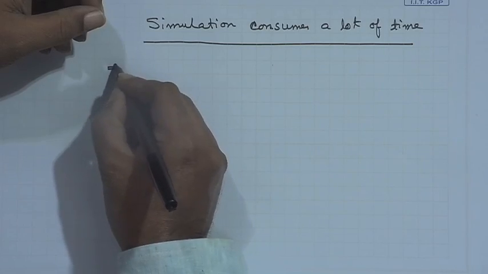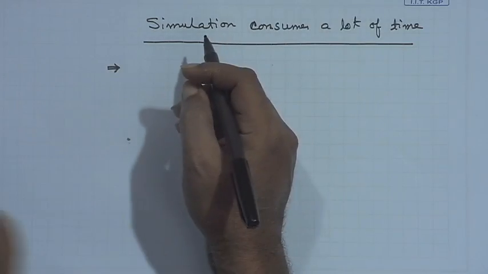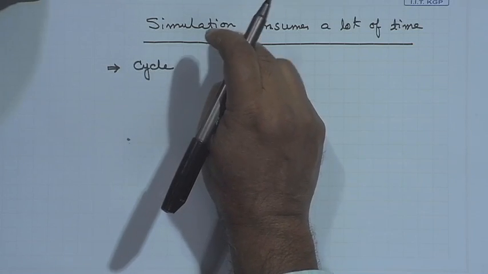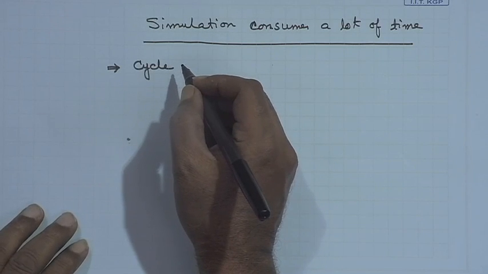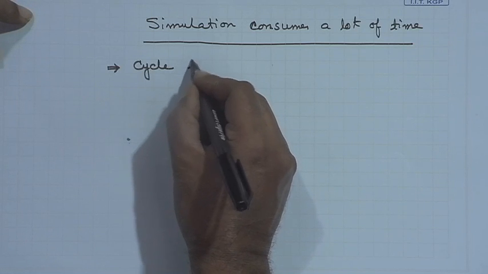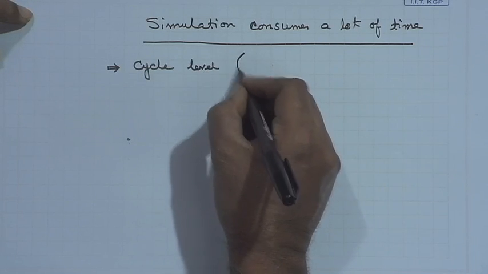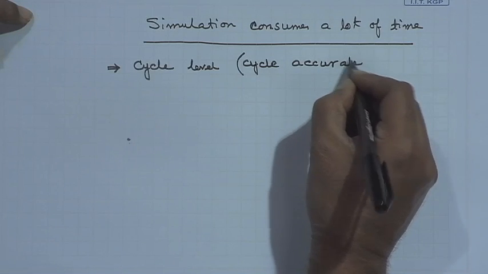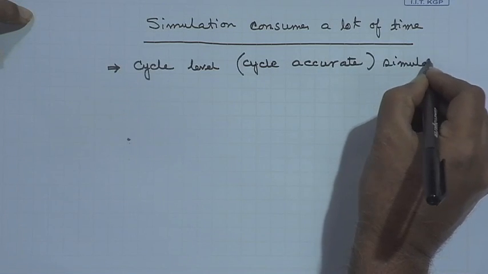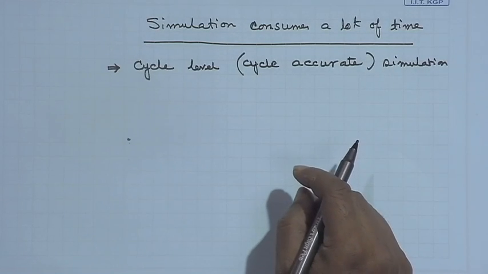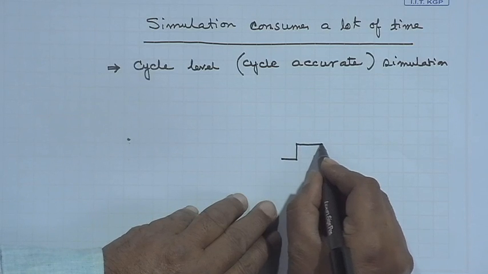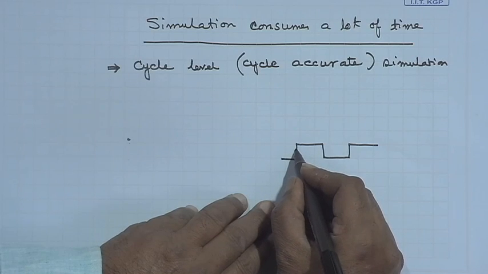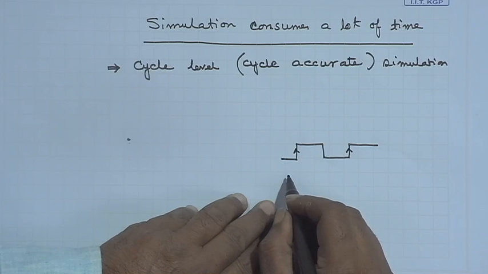Practically speaking, we do not go for event based simulation. We try to restrict ourselves often in order to make the simulation faster. Cycle level simulation, or we call it cycle accurate simulation. Because within a cycle, I will just test at the clocks, here I will check, here I will check. In between these,